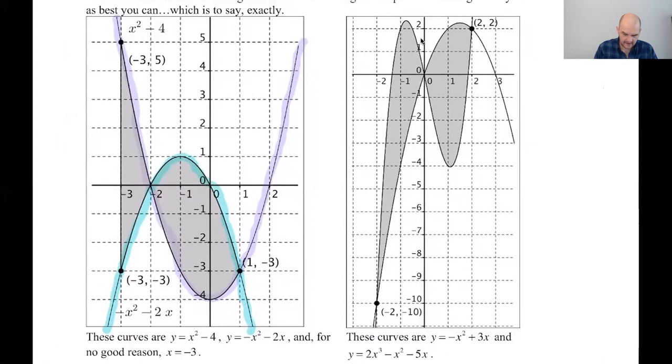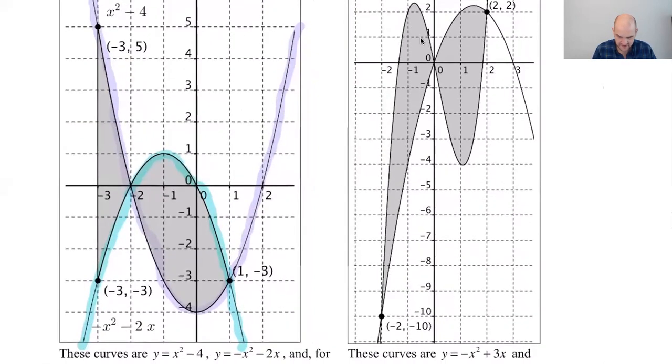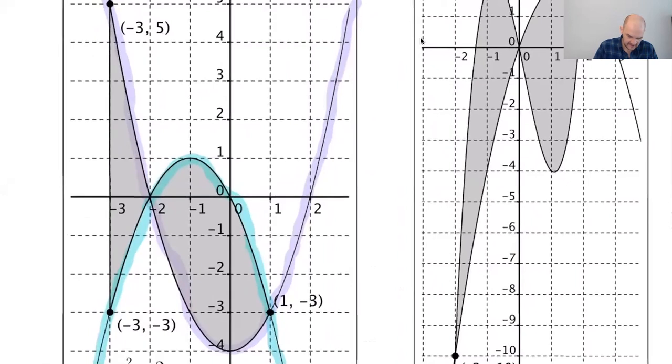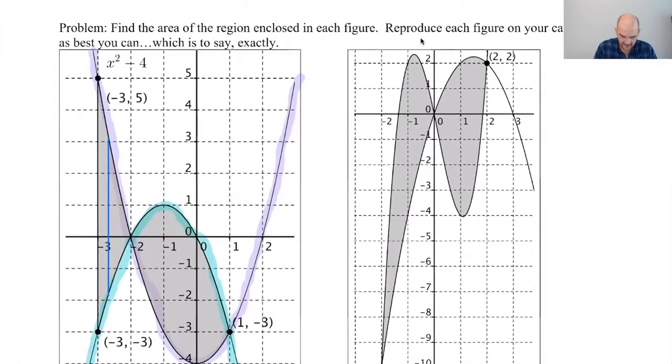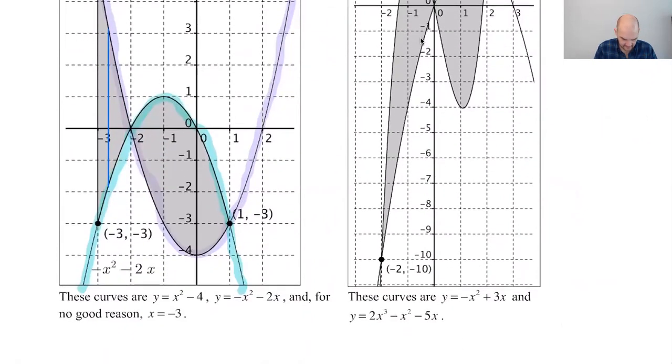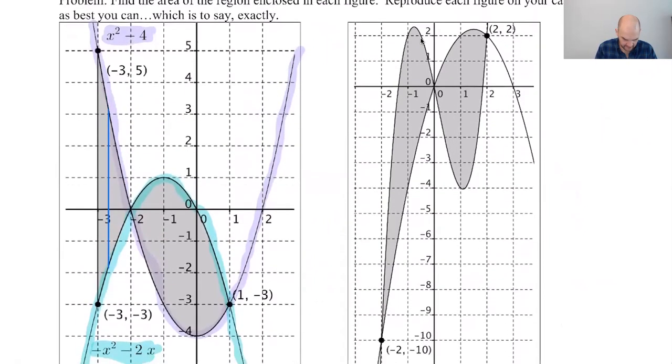Okay, so we have to do top take away bottom. There are 2 different regions here that we're going to deal with. On this region, I'm drawing just a little vertical segment there. You can see that the top curve is the one that I highlighted in this color, and the bottom curve is the one that I highlighted in the other color, which is this one. So we want to do the integral from, it looks like, negative 3 to negative 2 of